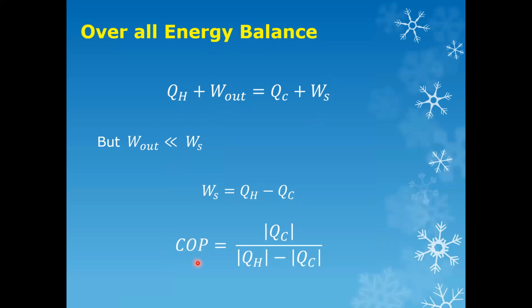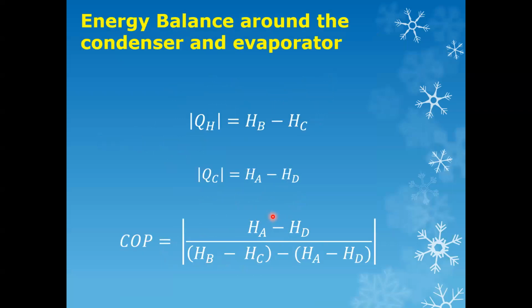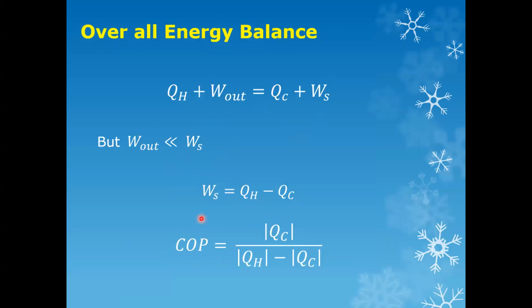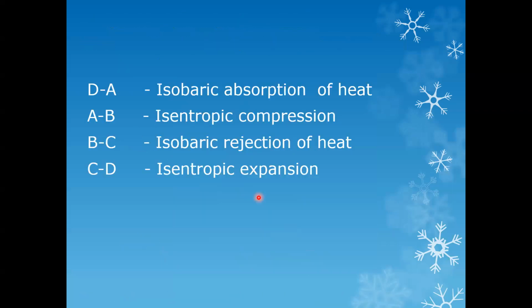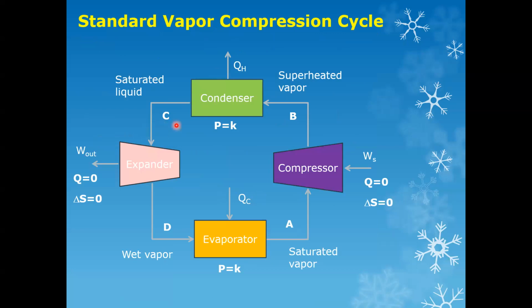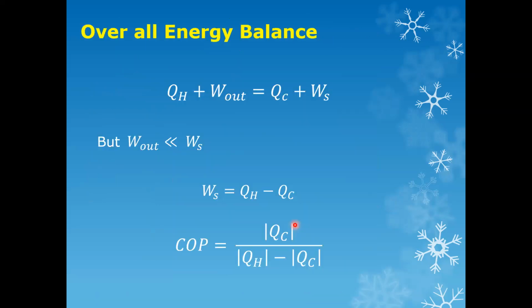And using the definition of the coefficient of performance, we then substitute the enthalpies for each step. Please use the assignment of the points. So QH is HC minus HB and QC is HA minus HD. So replace that